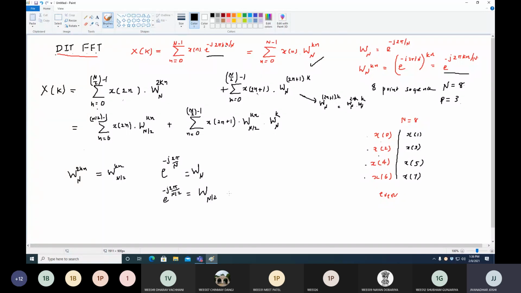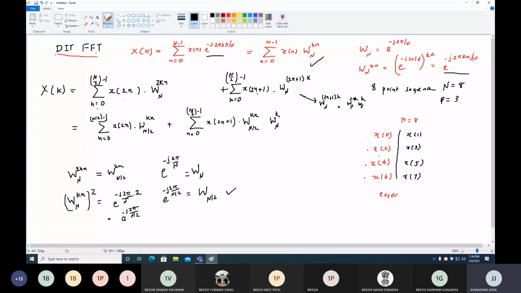Okay, so with this we are agreed. Now think about this particular W_N raised to 2kn, which is W_N raised to kn, raised to 2. So this is equal to e raised to minus j 2 pi by N, raised to 2. So raised to 2, that's why I can write down 2 here, and when 2 goes in the denominator it will be below the capital N. So this is just equal to e raised to j 2 pi by N by 2.